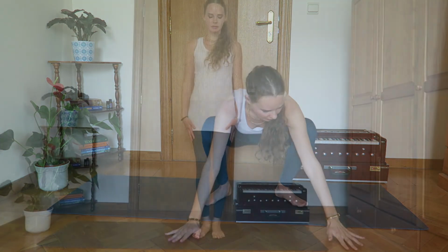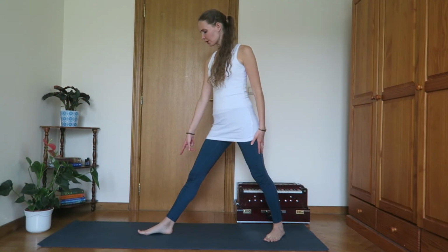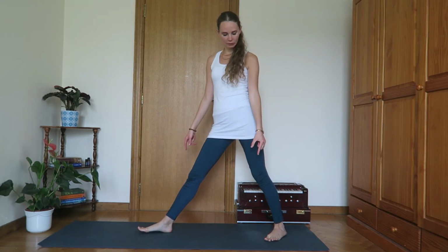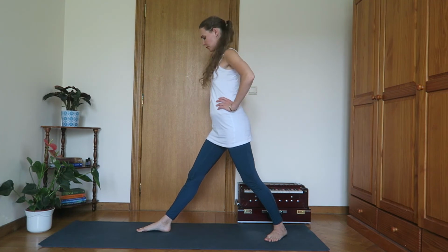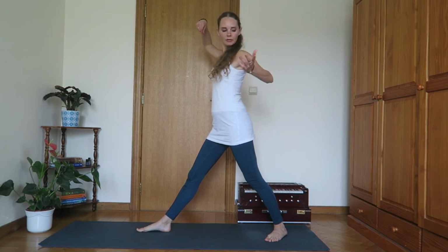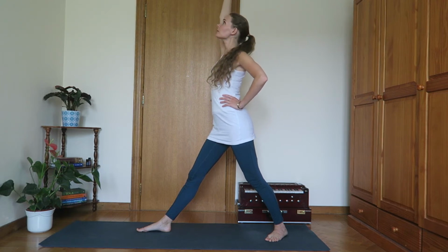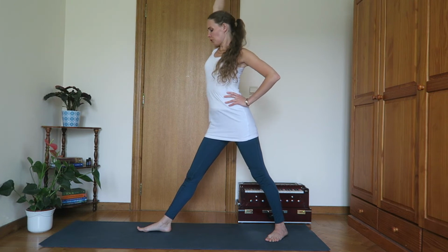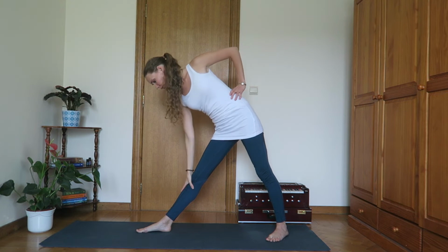From here we go to the standing poses. We start with triangle pose, placing your right foot looking straight in front, the left gently looking inward, and now the pelvis looking straight. The left hand on your hip, the right arm stretching up towards the ceiling as far as you can. Inhale, stretch up, and on exhalation bring your right hand just below your knee,